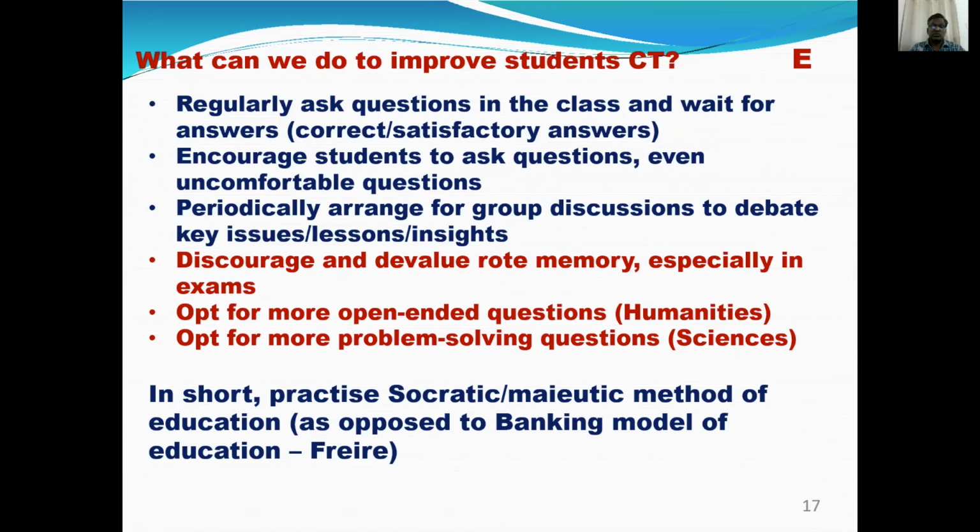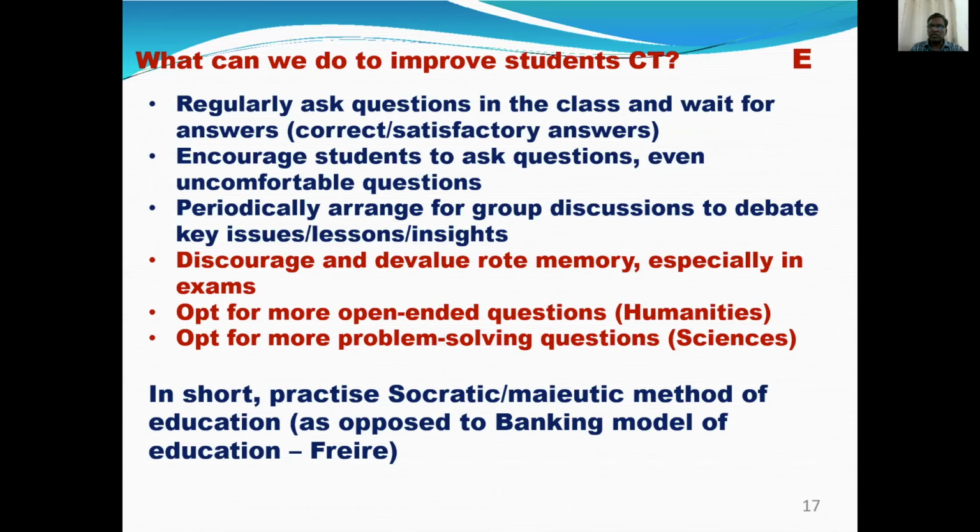So you go to North American universities or you go to some of the best European universities. When I visited some of them, what was striking to me was the kind of questions they ask in the class, the kind of questions they raise in a debate. In other words, the amount of critical thinking skills that they possess.